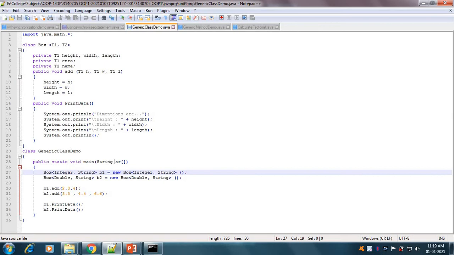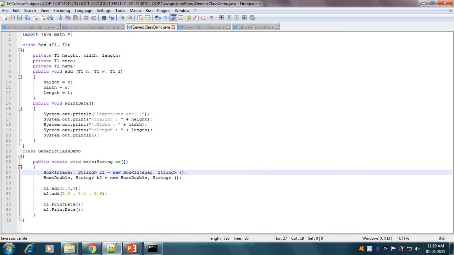In our main method, at the time of creation of the object we are passing the types. So at object creation we write Box, the class name, then our two generics, because we have taken Box T1, T2, so we are passing Integer and String.